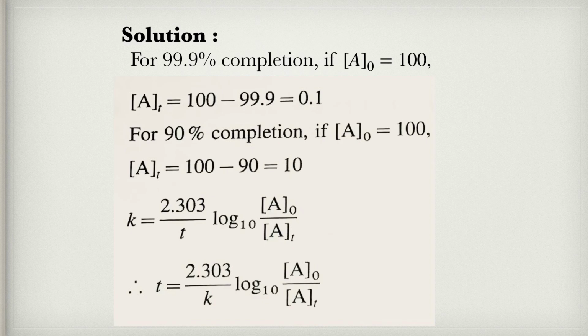So the equation which will be used for first order reaction will be K is equal to 2.303 upon T log to the base 10 initial concentration upon final concentration. But over here I will write it in terms of time, because I want to prove that T1 is equal to 3 times T2. Okay, so I am going to write the same equation in terms of T. So that will be T is equal to 2.303 upon K log to the base 10 A naught upon AT. Now what will be the next thing I will be doing? It is very simple. I am going to consider T1 and T2. Okay, and the initial and the final concentration will change over here.